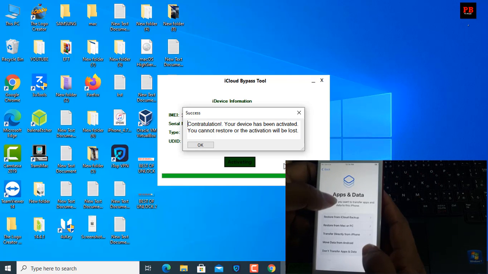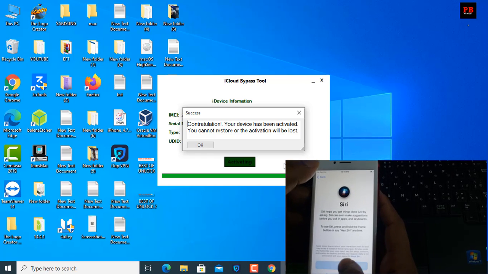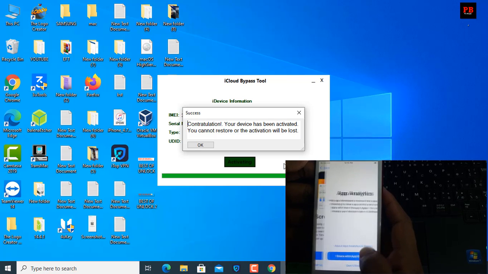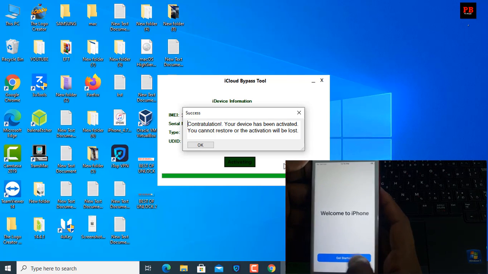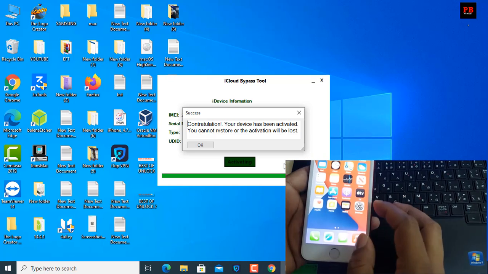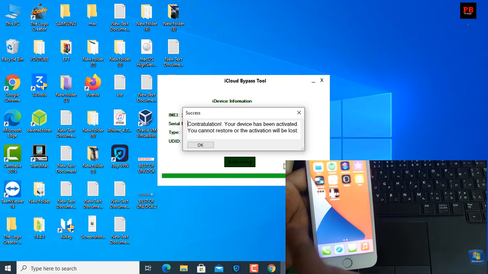So like that you can bypass iCloud ID without any problem. This is the best server for bypassing iCloud ID, as you can see. Okay, this is it. You can do it without any problem. I hope you understand how to bypass iCloud ID.